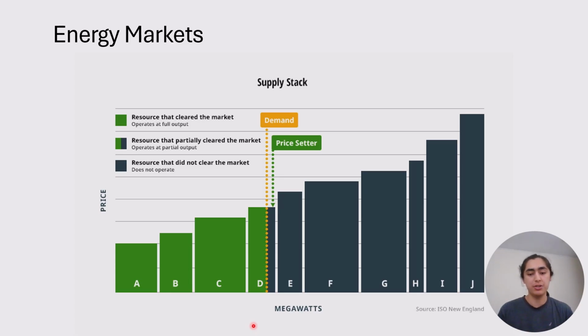Anyone with an economics background should see this and start thinking about microeconomic supply curves. You have a schedule of different suppliers who are willing to supply at that given price, and this is essentially the same thing. When we're talking about supply for wholesale energy markets, the demand side is the utility companies. In Massachusetts, that is Eversource, Unitil, and National Grid. They buy up the energy up to the demand intersection, and this demand point is determined by how much energy they expect they will need to supply the end users, like households and firms.